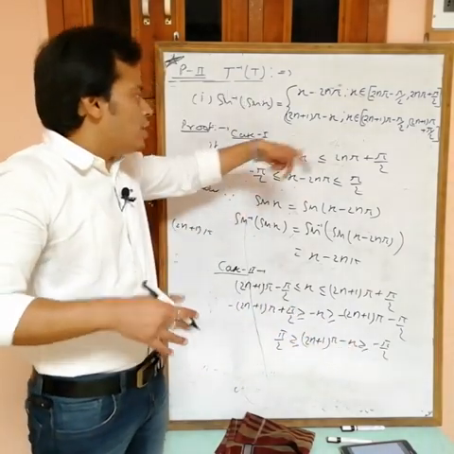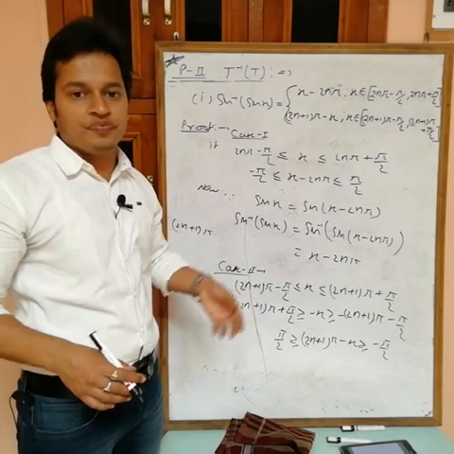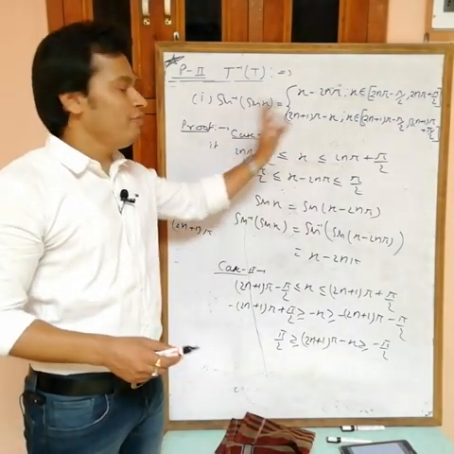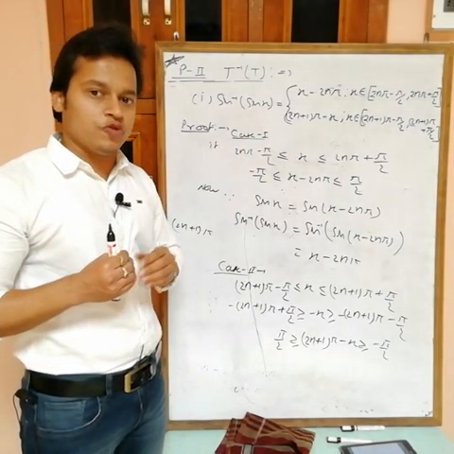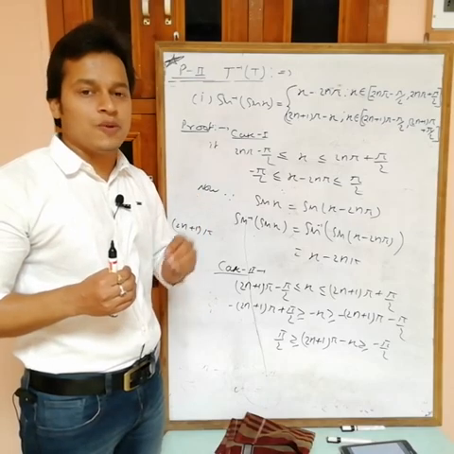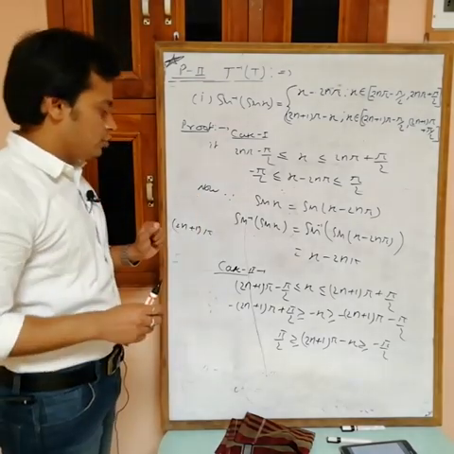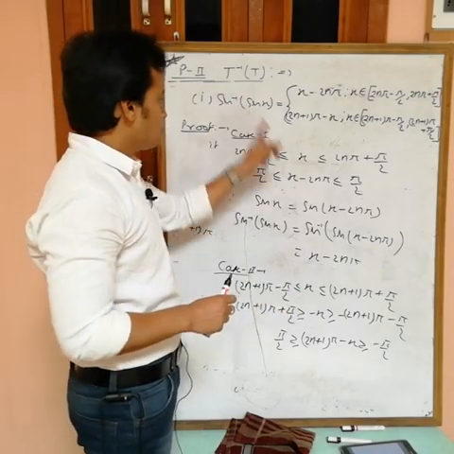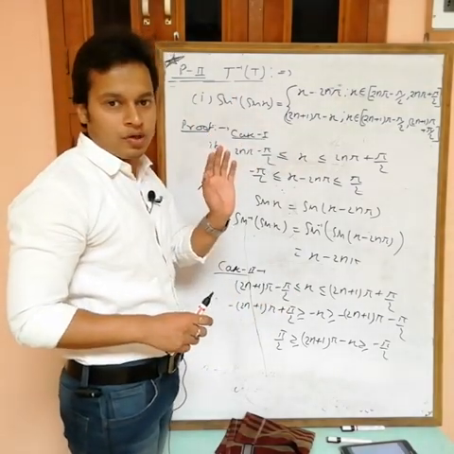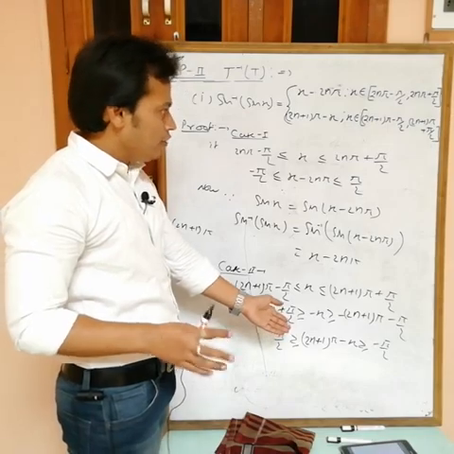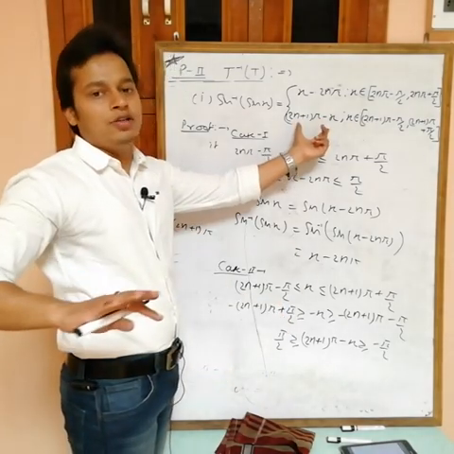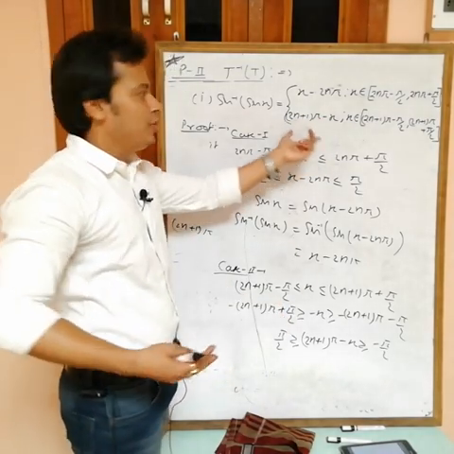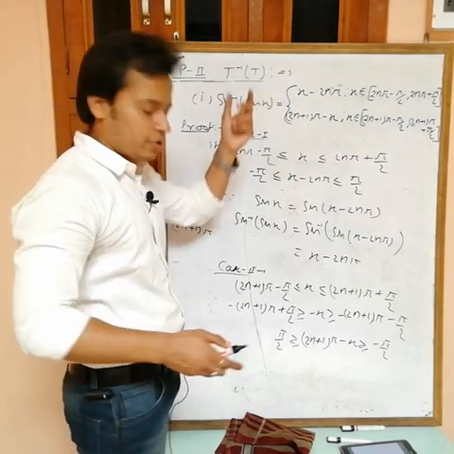Okay, it means this may also be the value of sine inverse, because sine inverse lies from minus pi by 2 to plus pi by 2. Okay, so this is all. Now I have to prove that for this x, this is equal to this one. In this one I am getting only one thing, that this lies in the range of sine inverse, but I have to prove that this must be equal to this one. Okay, now see.